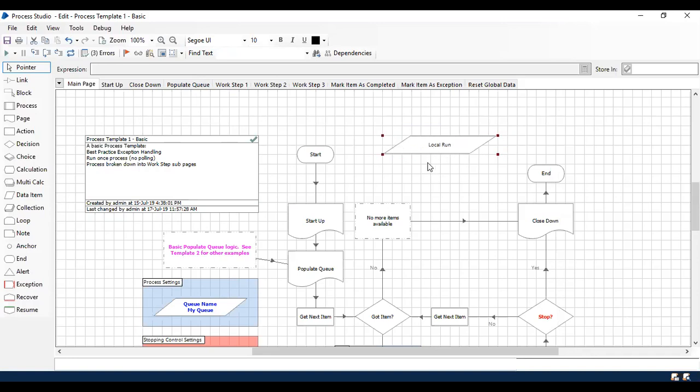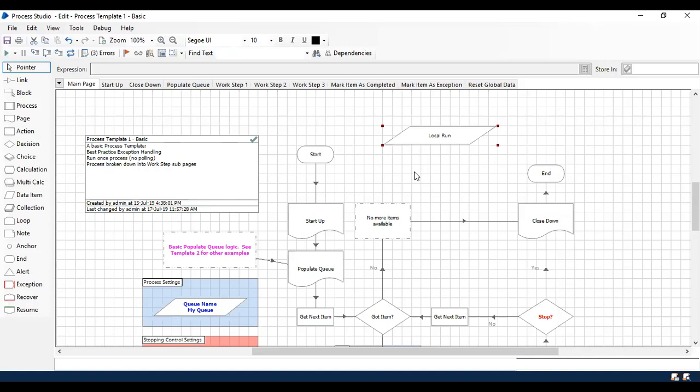Based on this parameter, if you want to connect a different logic, you can also use it, because if you give a startup parameter, there should be some meaningful reason why you are giving it. If you have any business logic that needs to be followed for each and every transaction, you can add it manually before the process session starts. So now we have added local run as one flag as a startup parameter.